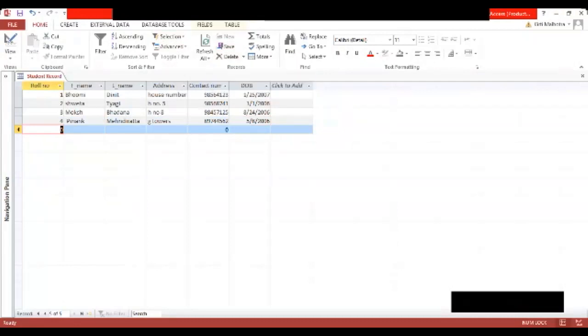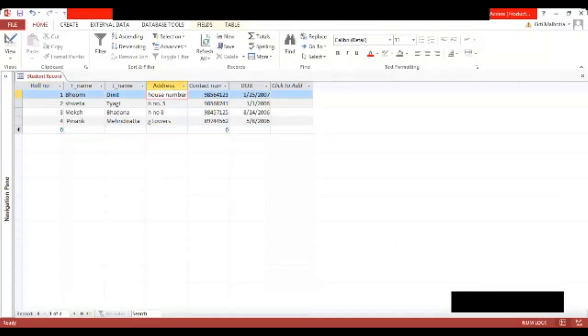Next, we come to editing records in a table. Now I have maintained a record, and I want to edit it in the table. Suppose I am going to edit Bhumi Dikshit's house number.